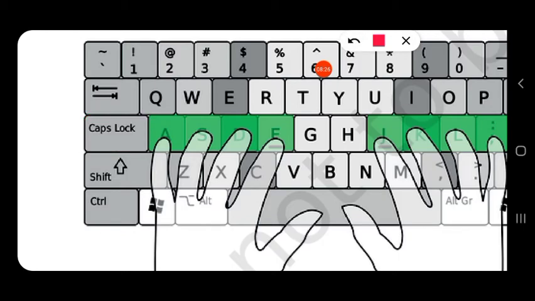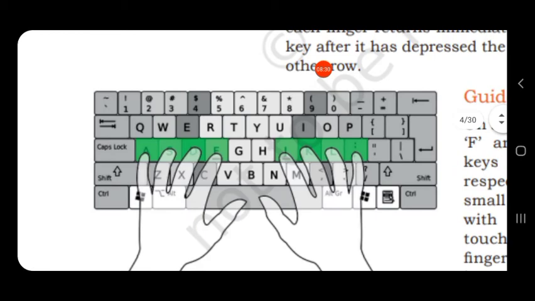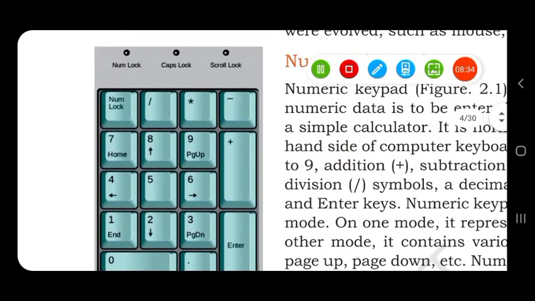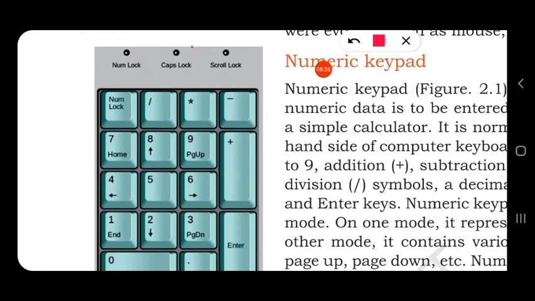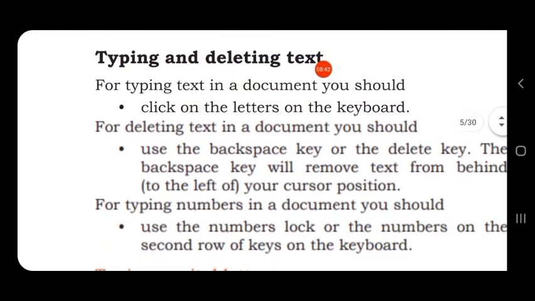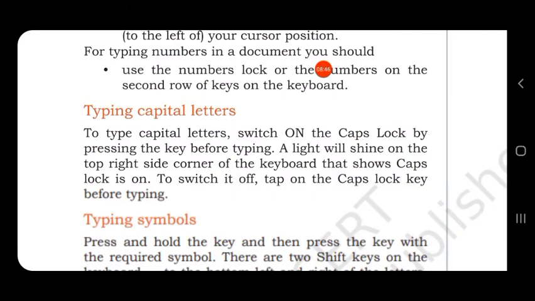When we click on the caps lock, a light will appear on the numeric keyboard here. So a light will shine on the top right side corner of the keyboard that shows caps lock is on.